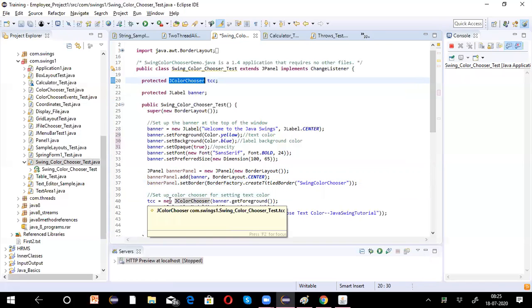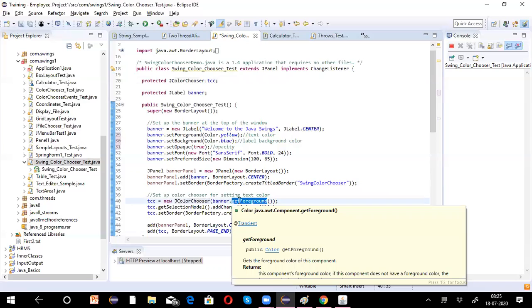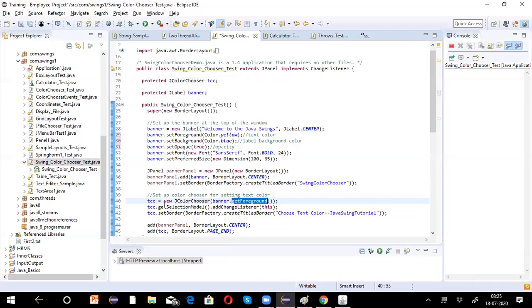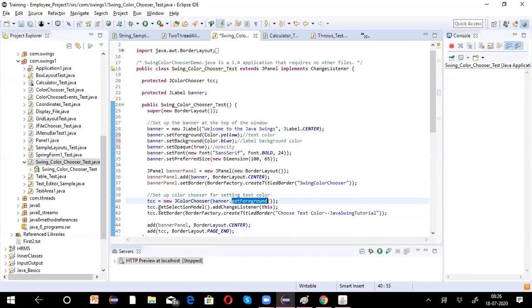JColorChooser TCC equal to new JColorChooser, banner dot get foreground. You are trying to get the font color of the banner. Get selection model, add change listener. If you change the color, you have to register it with the listener class.